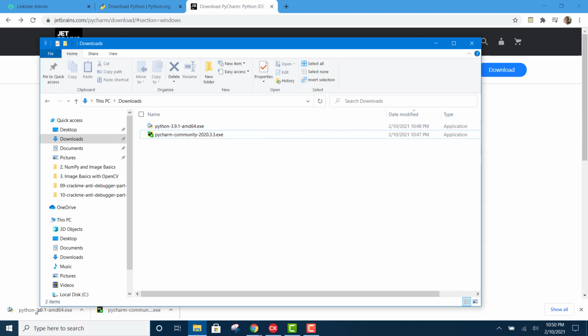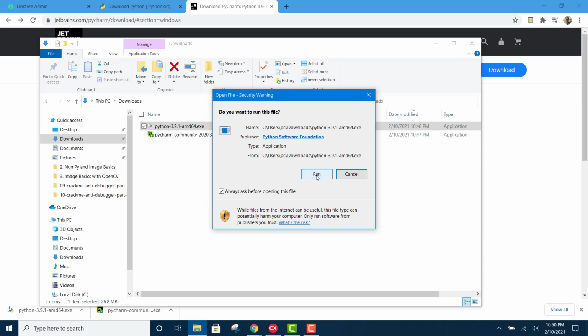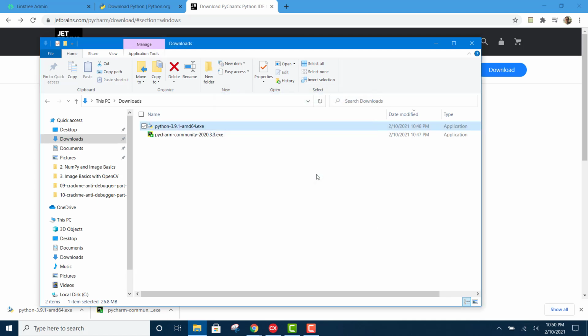Note that I already have Jupyter Notebook installed, and Jupyter Notebook did not export the environment variable path for Jupyter's version of Python. But this one is going to be exported as an environment variable as well. So let's try this now. So I double click Python to install Python 3.9.1,